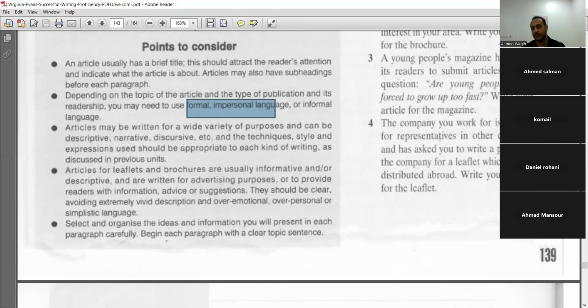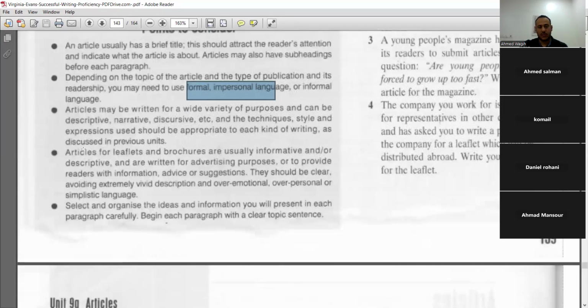You might talk about the advantages and disadvantages. So it's not only advantages and disadvantages. We might write about people who are for and people who are against. We might just tell a story or what happened in an article. We might describe a place or describe a person or say how it looks. Okay. So articles